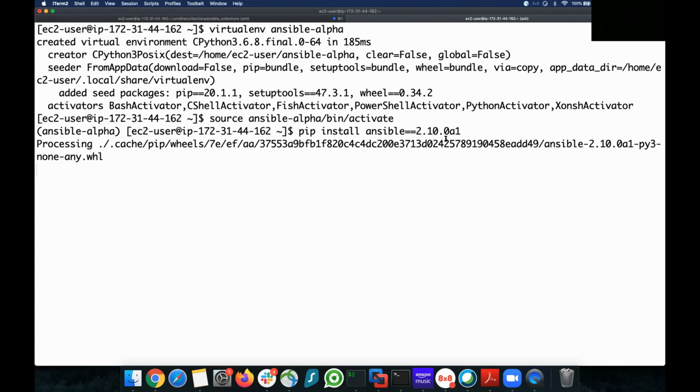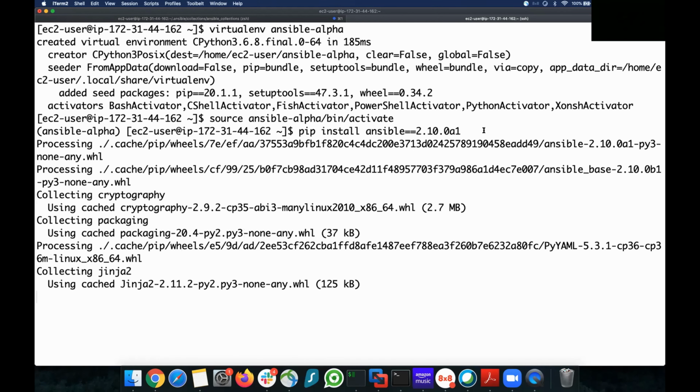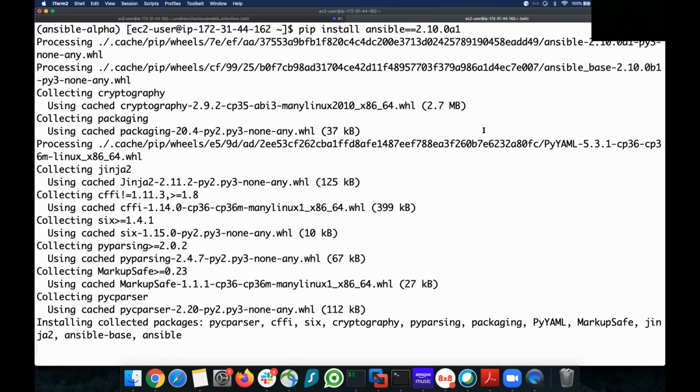So this is the command to install the Ansible Alpha package. Right now Ansible base or Ansible Alpha is not available as an RPM package. You just have to install it using pip as a Python module. So make sure you have installed Python pip on your servers. Now it's installing. As you can see, it's also installing Ansible base as well as the Ansible collections package.